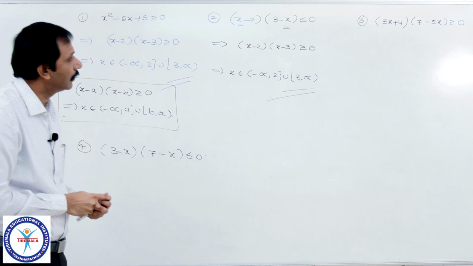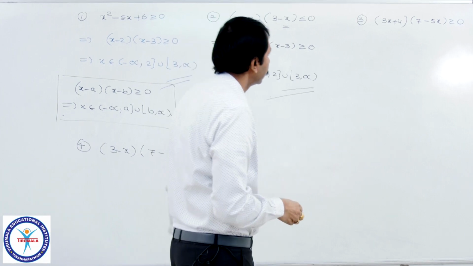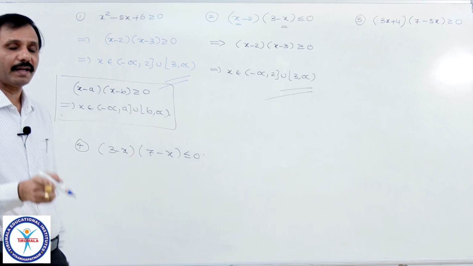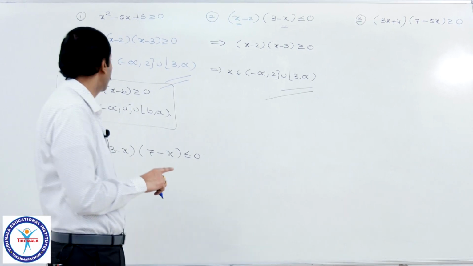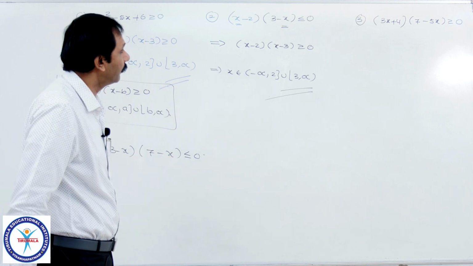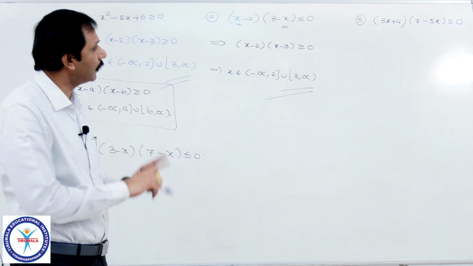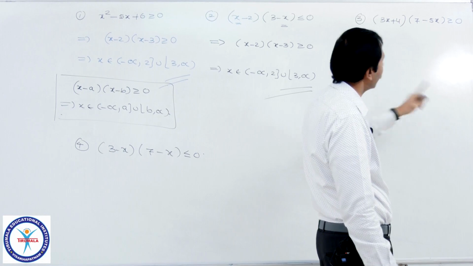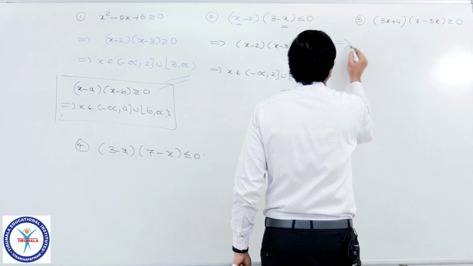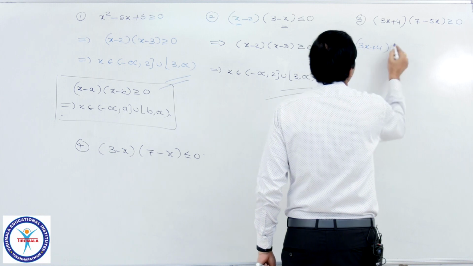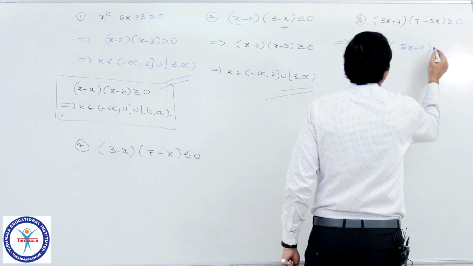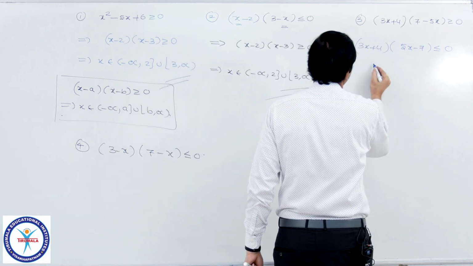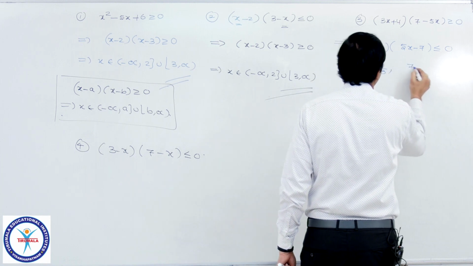And next, third one. Complete all these problems based on this inequality formula, (x minus a) into (x minus b), where it is positive and where it is negative. You have taken that point in the previous discussion. If you remember that one, you can answer all these. Now, again here the coefficient of x is negative in one factor, positive in the other; multiply with a minus sign. What it will become, you see: (3x plus 4) into (5x minus 7) less than or equal to 0. Now, what are the zeros? Minus 4 by 3 is one zero and 7 by 5 is the other.